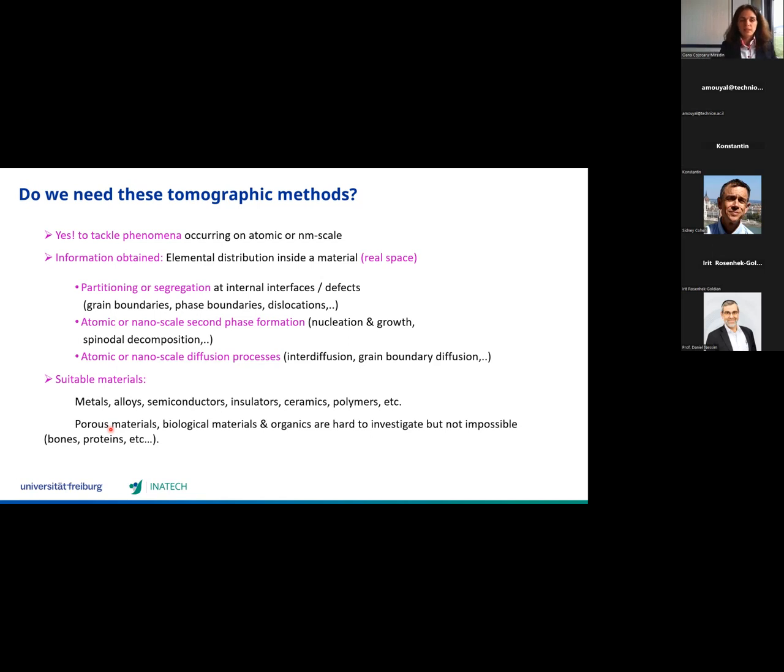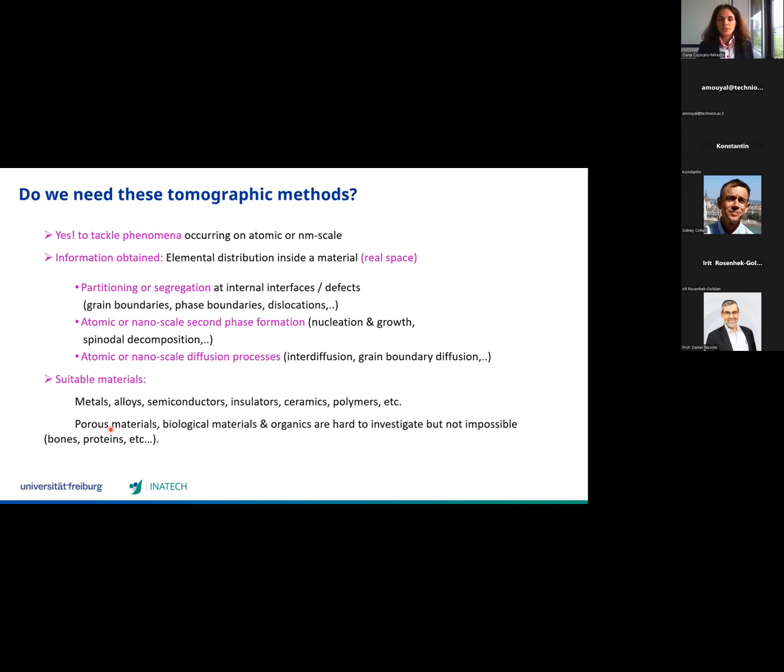And nowadays, there are many materials which are suitable for the atom probes, and this is also due to the technical developments. At the early stages, the atom probe was able only to characterize very conductive materials like metals and alloys. But with time, by inserting also the laser, more insulating materials like semiconductors, insulators, ceramics, polymers could also be